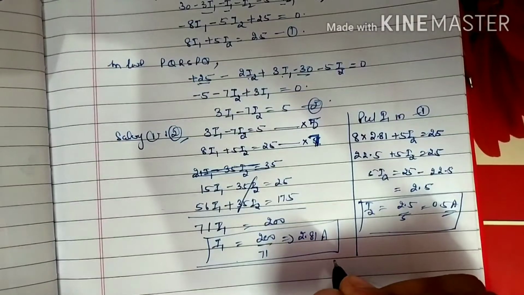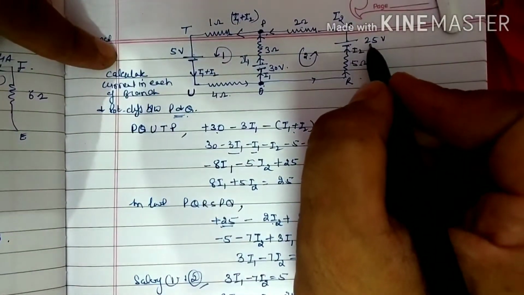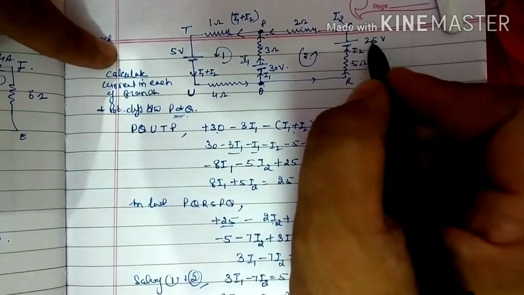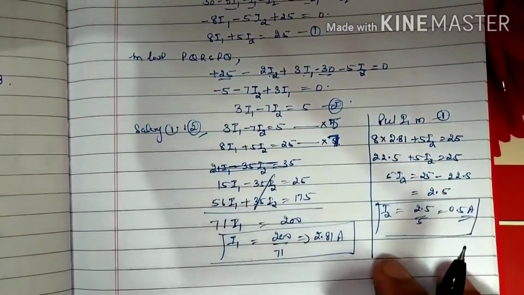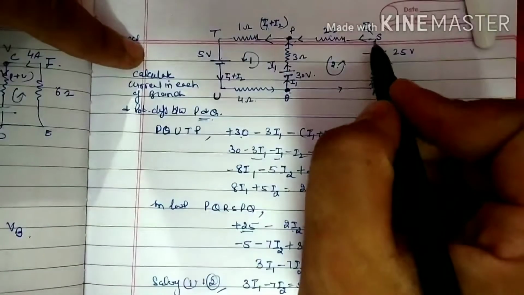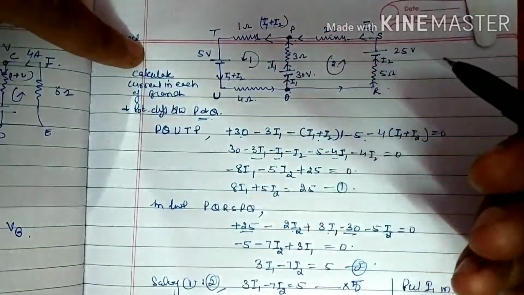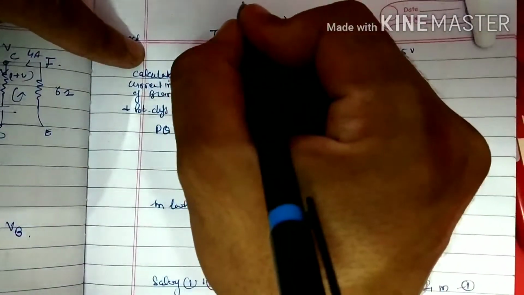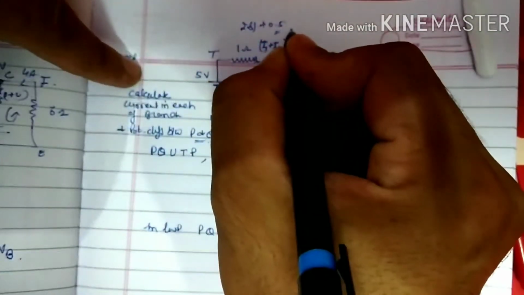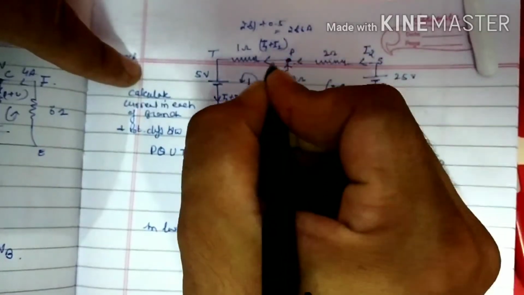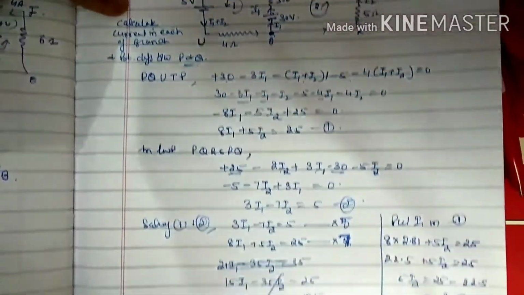It means the direction of the I2 is also right. That will be coming from this 25 volt battery. If it were negative, we would reverse its direction. It means our desired directions in the circuit are right. So in this R we got the I2 current. Now here I1 plus I2, so we will put 2.81 plus 0.5, that is equal to 2.86 ampere current in this arm. Okay, so in this way we can find out the current in each arm.